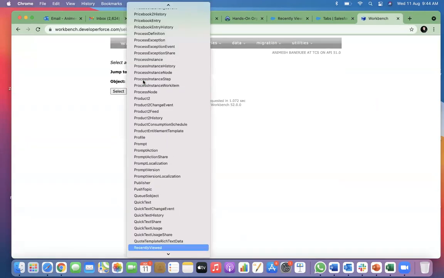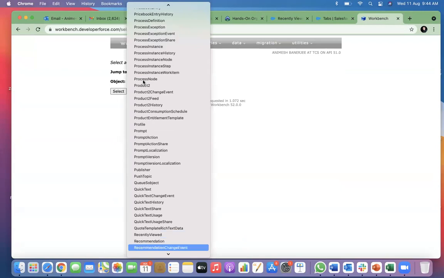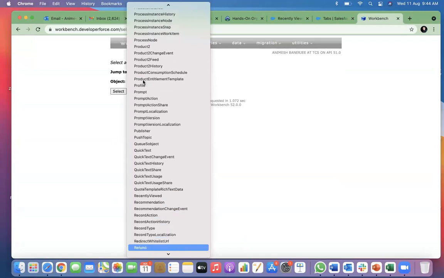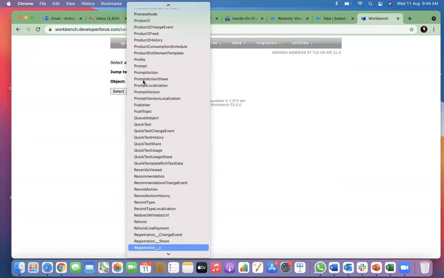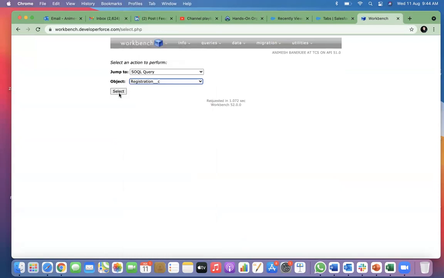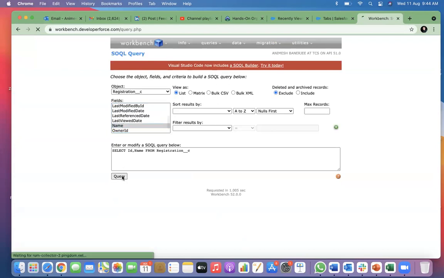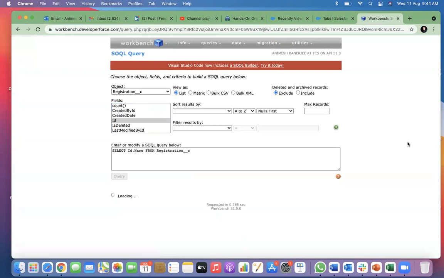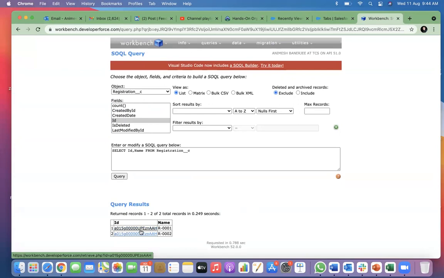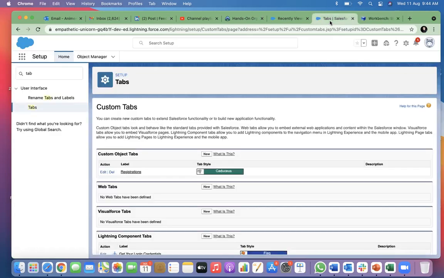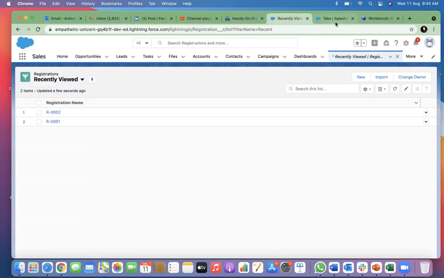You see, now I will get a registration __c. Here, if I go and create an ID and name field, this table is also getting created. It has an ID field and it has the name R001, R002. Any questions so far?